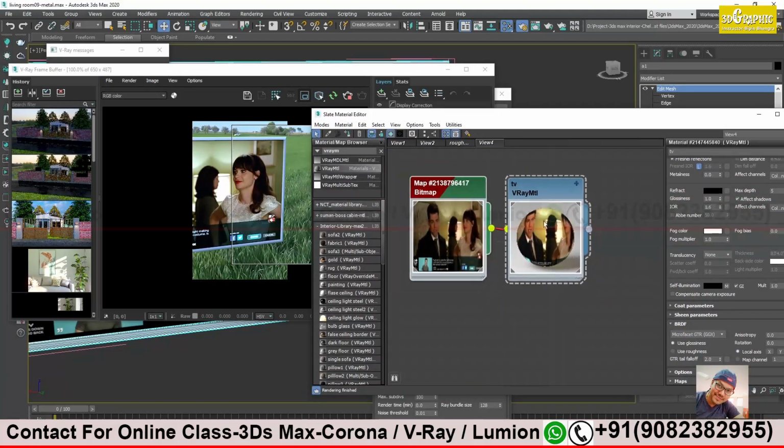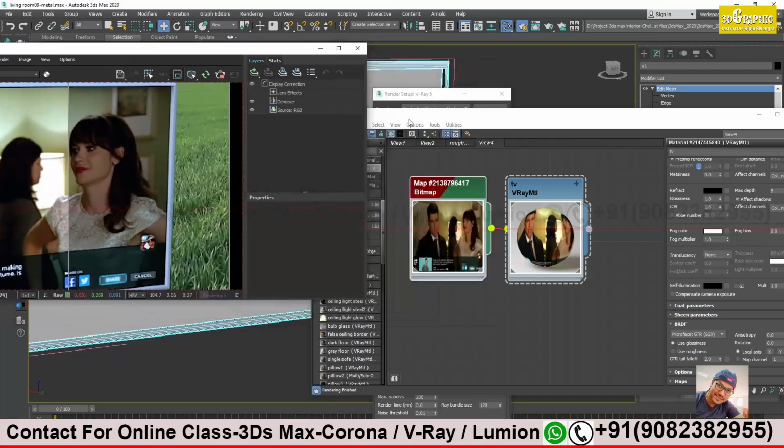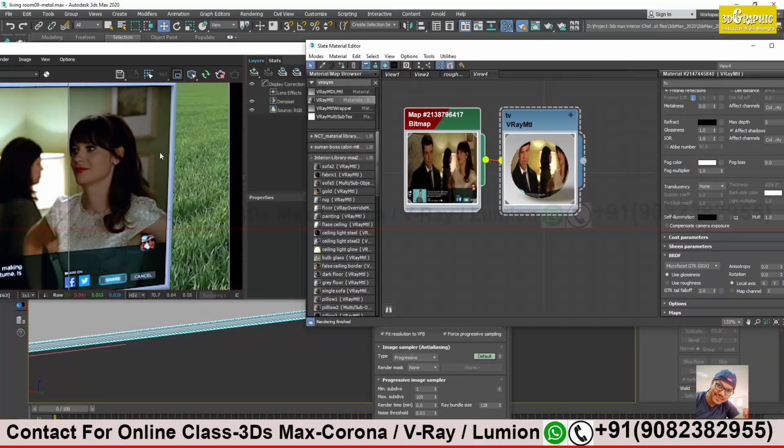Let's do it once again. I can just turn off the texture from here, and GI, and clear this. You see the difference? This was the basic one, without the GI, without the self illumination. Now when I added the self illumination, the same texture on the self illumination, its brightness is increased. And I turned on the GI, so that the nearby objects or the shadow will get a little bit of glow effect. The shadow also gets it.